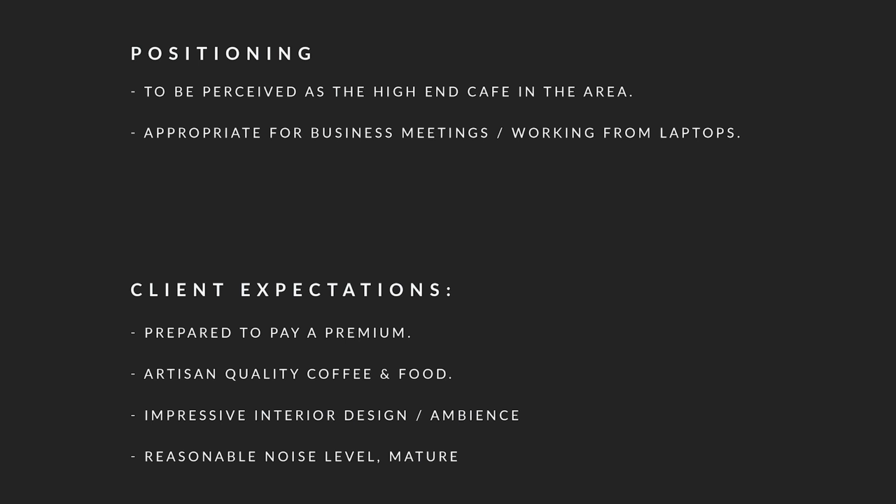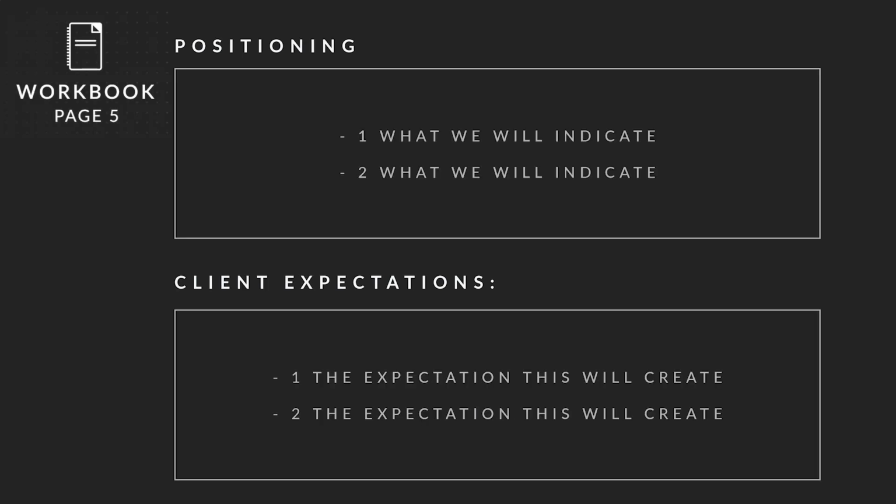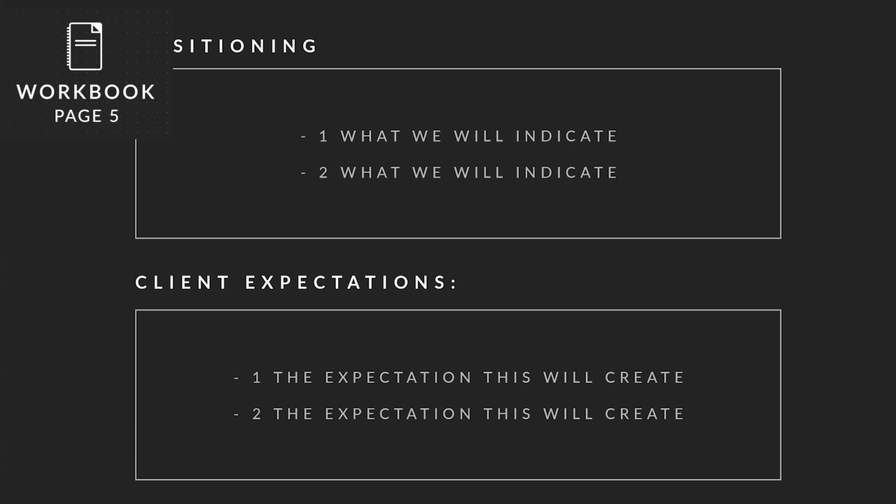So while it's unlikely that the logo alone would be able to clearly convey all of this in terms of positioning, we can at least try to ensure it aligns well with the positioning and messaging. And that's why we're considering it in this stage, in this class. So when you're ready, in your copy of a workbook, in the top box for positioning, enter something you would like your brand to indicate to a client, and then in the second box, enter the intended expectation this will create for the client. And this is, of course, the area that the brand itself will need to follow through on.